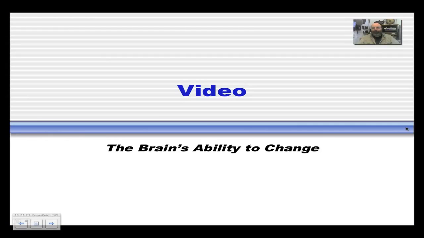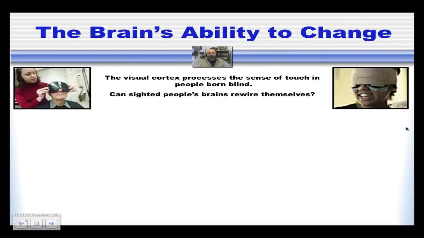Okay, there is going to be a list of different optical illusions that you can go look at in Blackboard, so if you get a chance, make sure you go look at them. There's a whole bunch of them, and you should, for homework, go play with those and read the descriptions about how they all work. They're all pretty cool. And in addition to that, there's a video that I would like you to watch, the brain's ability to change. And here are the answers to some of the questions I want you to think about after you've watched this